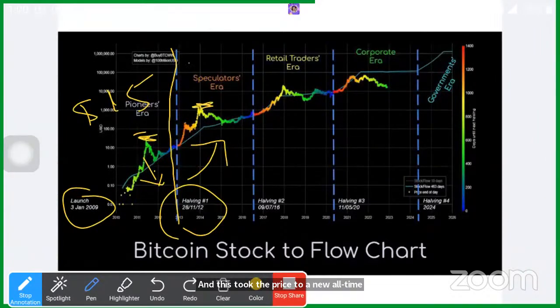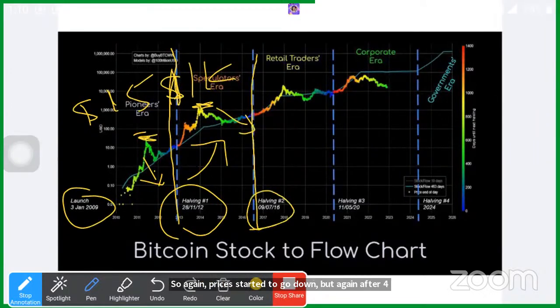This time it was around $1,000 per Bitcoin. $1,000 per Bitcoin was the highest price in the second era. So again, prices started to go down, but again, after 4 years, the second halving happened, and you can see the prices which were going down now started to rise, and it touched a new all-time high in the third